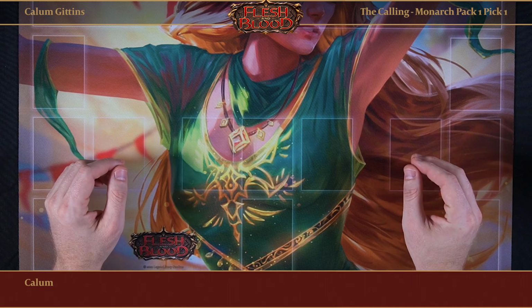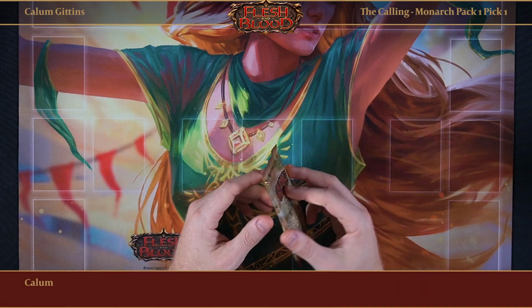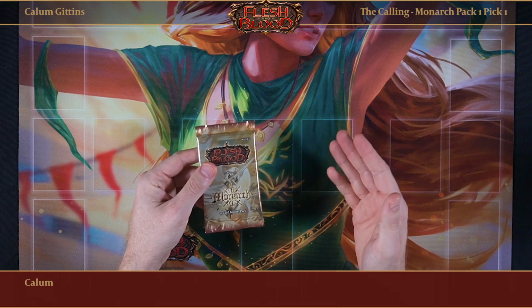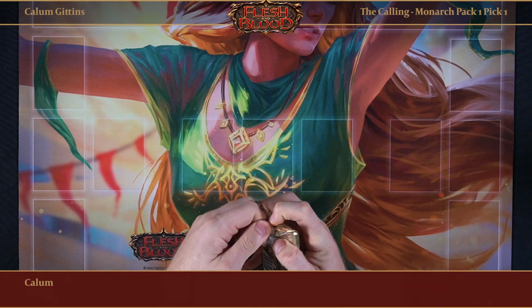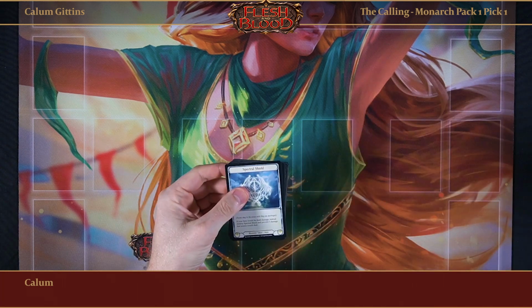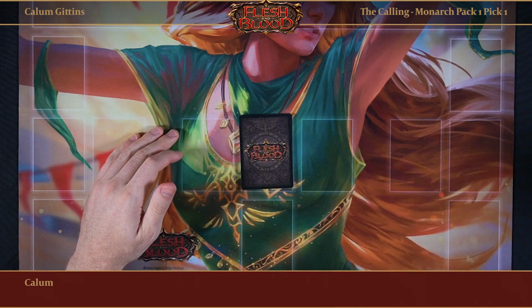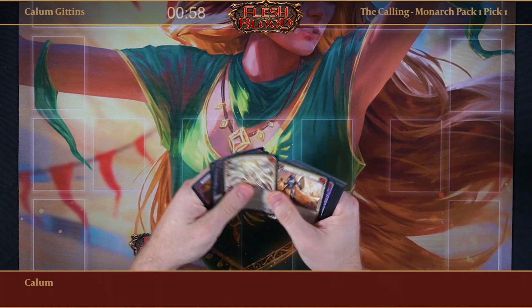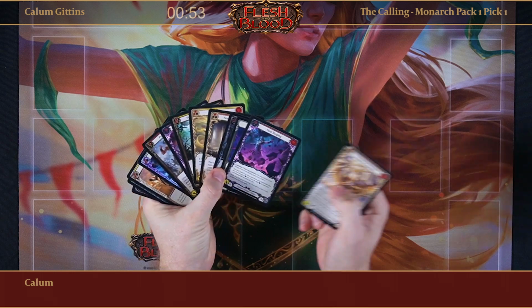So without further ado, let's crack a pack. All right, so I'm going to open the pack before I start the timer because in the top 8 draft of the Calling, the pack would already be open and face down in front of me. So I'll get this open, remove the token, and start my timer. All right, so let's see. You've got to be quick when you are...